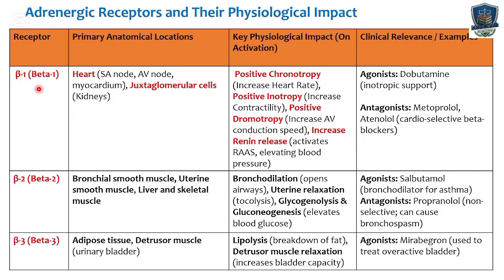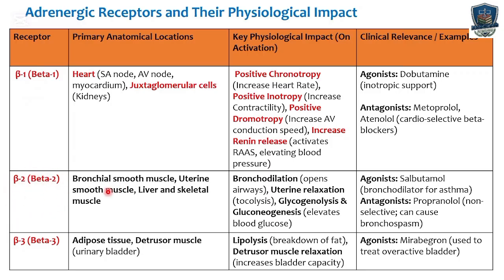So for beta 1 receptors, you have to have a clear understanding, because this is one of the adrenergic receptors that tends to lead to an increase in blood pressure. This is the major culprit when it comes to increasing our blood pressure. So beta 1 antagonists, or beta 1 blockers, are some of the drugs used in controlling or decreasing our blood pressure. For beta 2